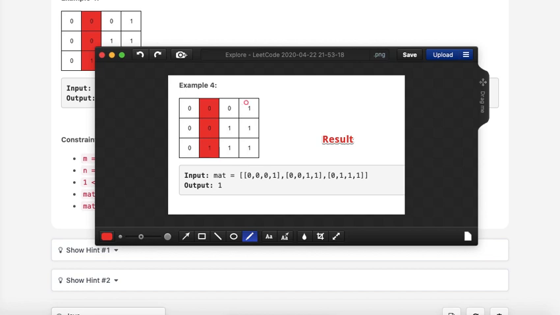Let's go through this example, then you can understand why. First I go to this one and I'll see if it is 0 or 1. It is 1, right? If it is 1, I'll update the result with the column number of the current one. Here it is 0, 1, 2 and 3, the third column. So I'll update result with 3 and go left of it. If it is 1, you should go left and check if there are any ones on the left of it. So now I go here, from this I went here, and now I see if it is a 0 or 1.